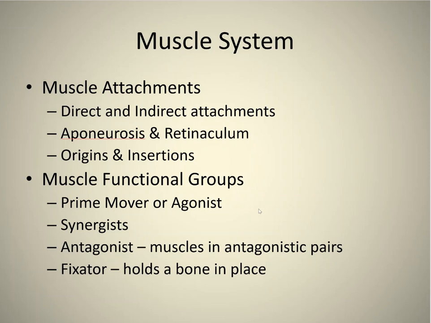So functional groups. Sometimes there are a couple different muscles that work the same way. These are called synergists. They do the exact same thing. One of them is called the prime mover, which is the more important one, or the agonist. Another one is secondary. We'll give you some examples of these later on. Antagonist,